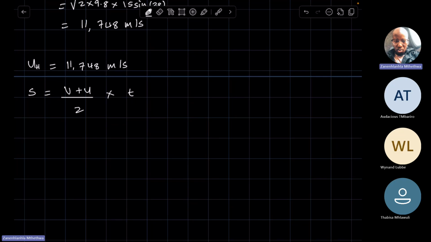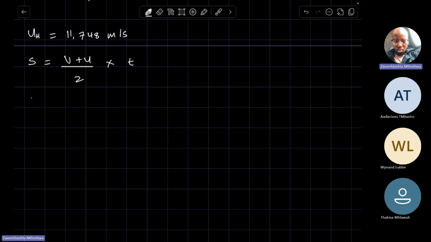So this one is the most convenient for us to use. Why? We have s, we essentially have both of these, and we're looking for t. And then making t the subject of the formula, this will be 2 times s divided by